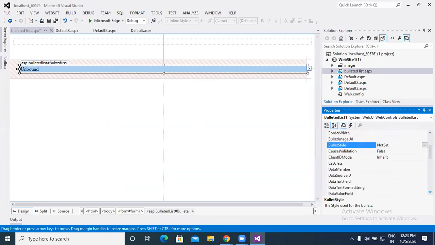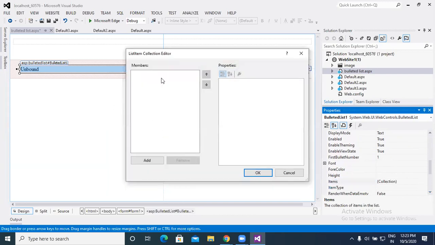Before that, we can just add fields and bullet items, the item collection. Just click on it. We can add newspaper names and display them with the help of the bulleted list. So for example, Times of India.